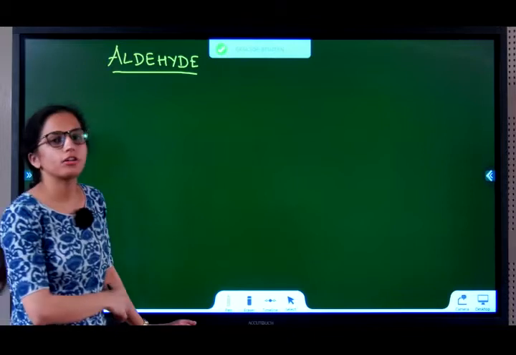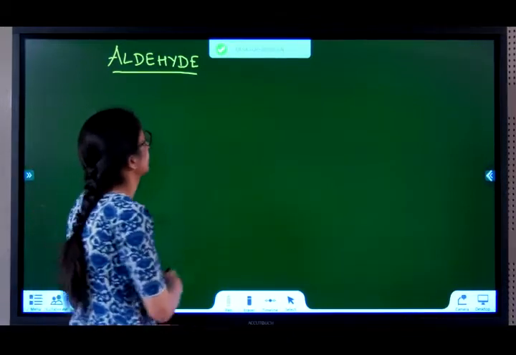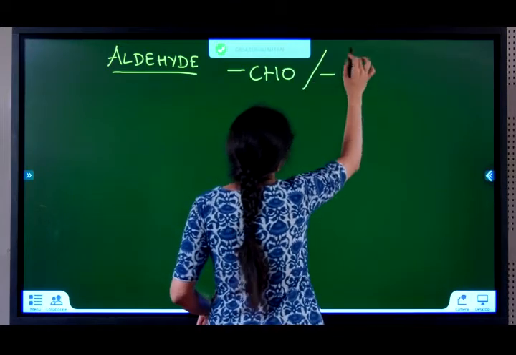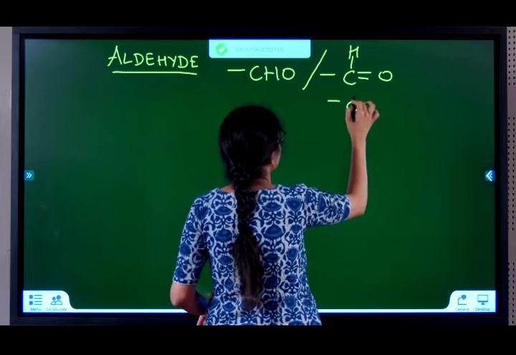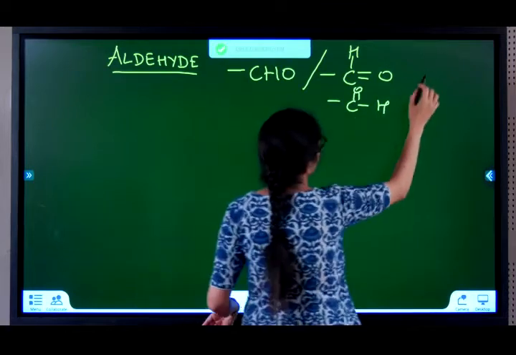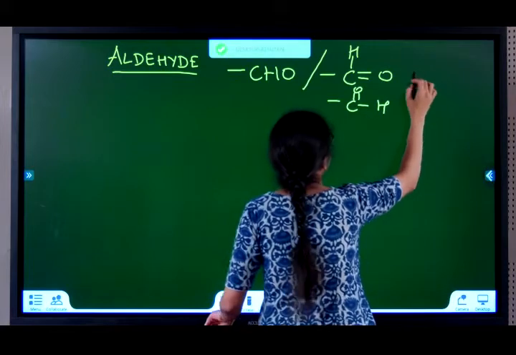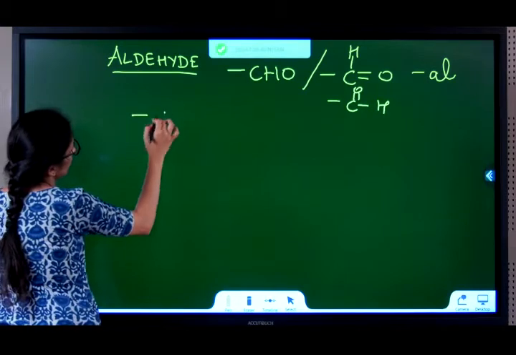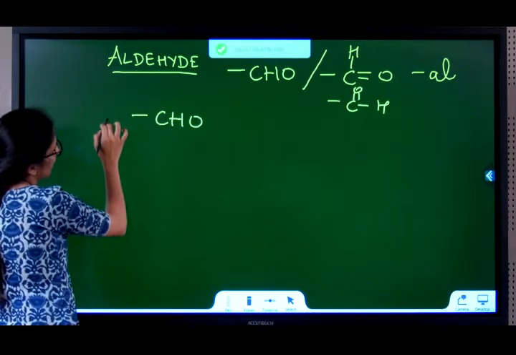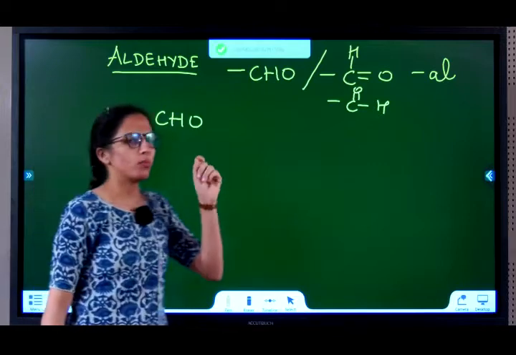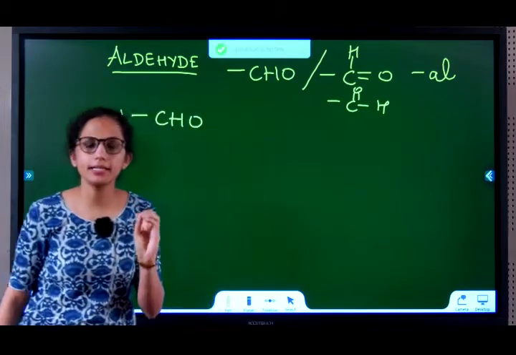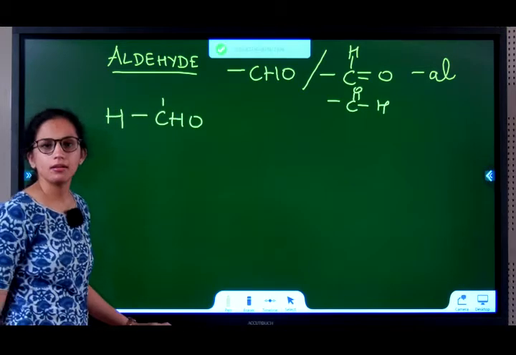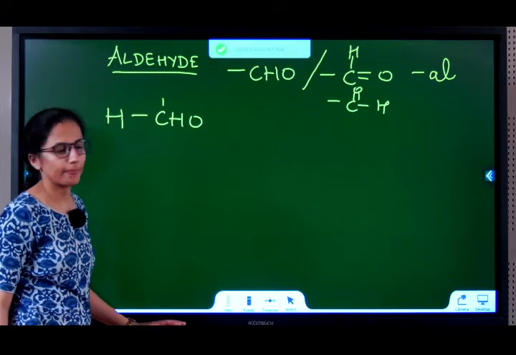The next type of functional group we'll study, aldehyde. Okay, it's given by CHO. If you have to draw the structure, CH double bond O, or you can write like this, double bond O CH. Both are fine. Okay, and the suffix is al. Let's begin. I have CHO. I can simply put one H. While taking functional groups that have C in it, it should be included in your parent chain. That means this itself is counted as one member of the root parent chain.